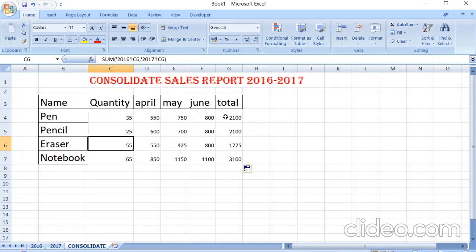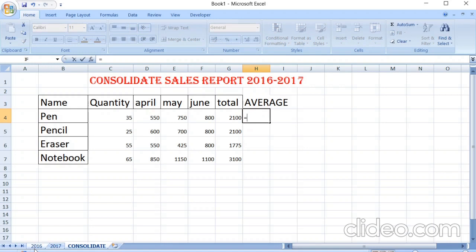Right, suppose after this I want to calculate average also. I have written average. Average of what? These two totals. Equal to AVERAGE, 2016, sorry.